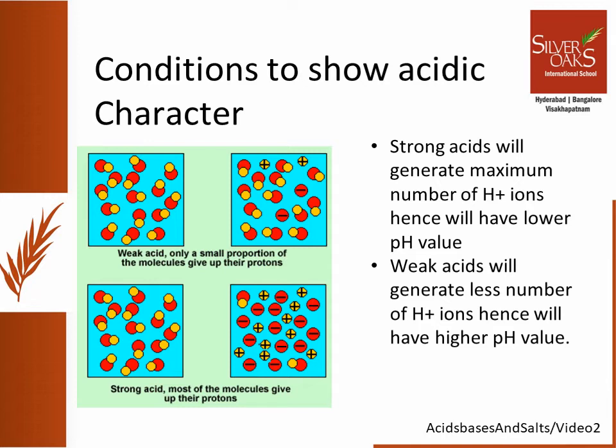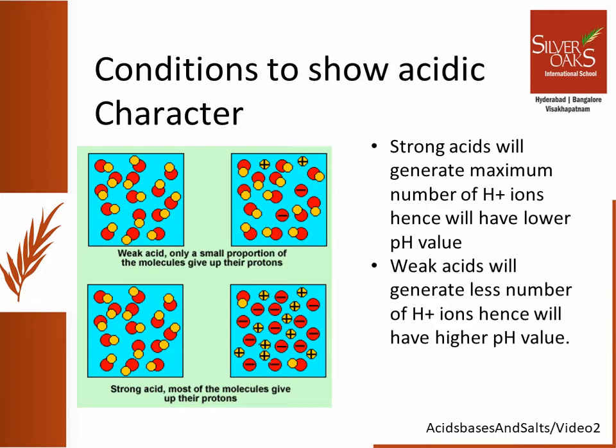If you remember our discussion about strong and weak acids in the last session, you will be more clear about the concept now. On the basis of strength, we classify the acids into strong acids and weak acids. Strong acids are those which ionize completely. That means when we take 100 ml of HCl or H2SO4 or HNO3, all these being strong acids, all the molecules of the acid will ionize to release maximum amount of H plus ions. Hence, since they have maximum number of H plus ions, they will have lower pH value.